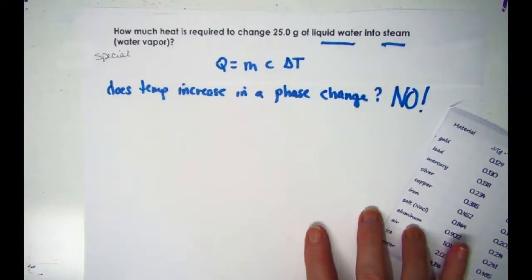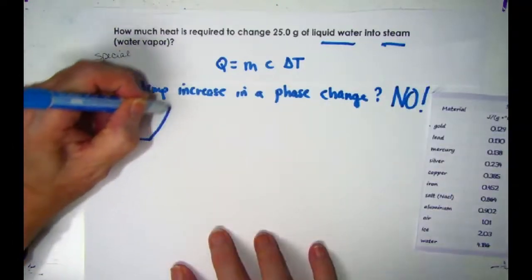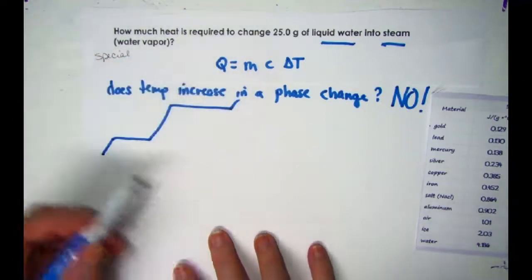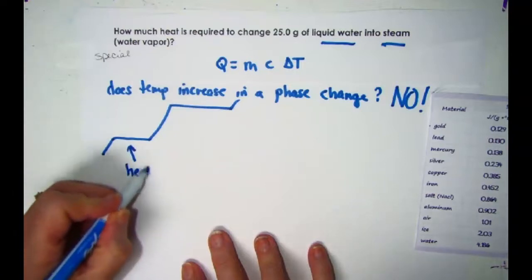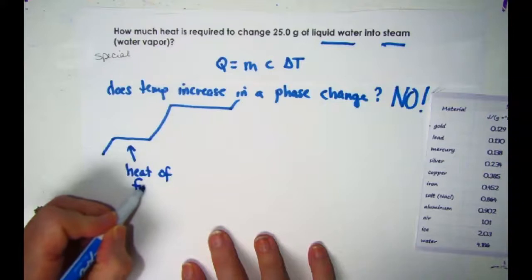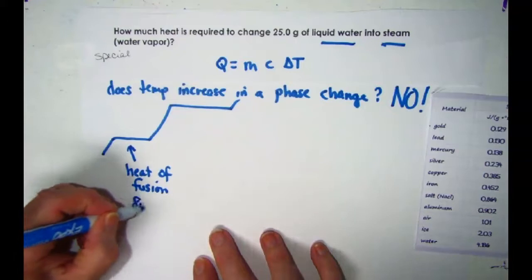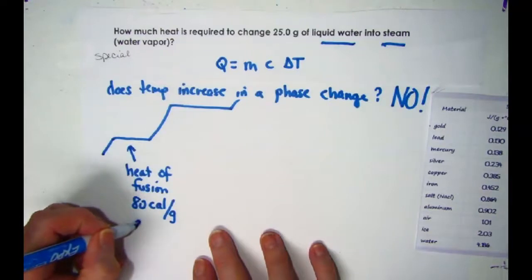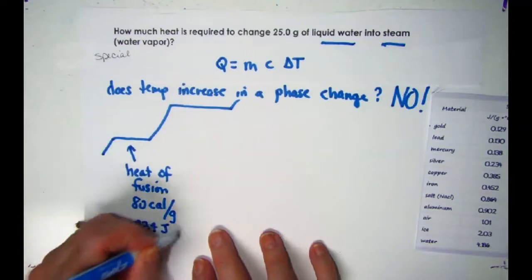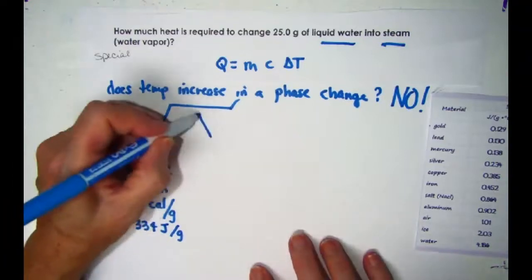When we did this last week, we talked about the heating curve, and we saw the heating curve. And if you remember, we identified this amount of energy as the heat of fusion. And it is approximately 80 calories per gram, which is actually 334 joules per gram. Again, we're not asking you to know these numbers. The heat of vaporization